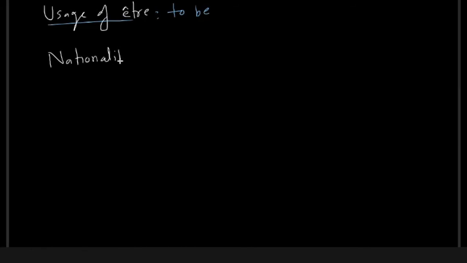Yes. Now let's quickly talk about usage of être. What are some situations where we use the verb être, which is to be? Okay. So one thing is nationality. Être is used to talk about nationality. Okay. For example, we can say je suis, or